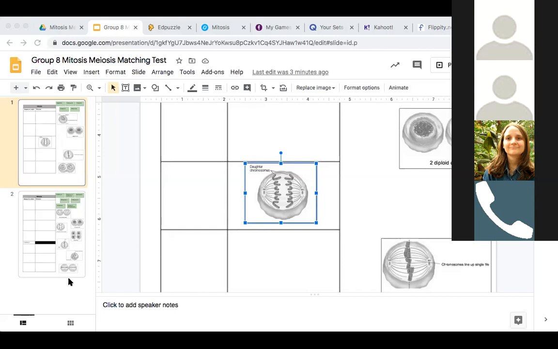I tried to find some active learning strategies that could increase their interaction with the content, and also some different ways to assess their understanding of the content, besides the traditional worksheets, which we can't even pass out anymore anyway because we're not in person. So finding some innovative ways to assess their learning.